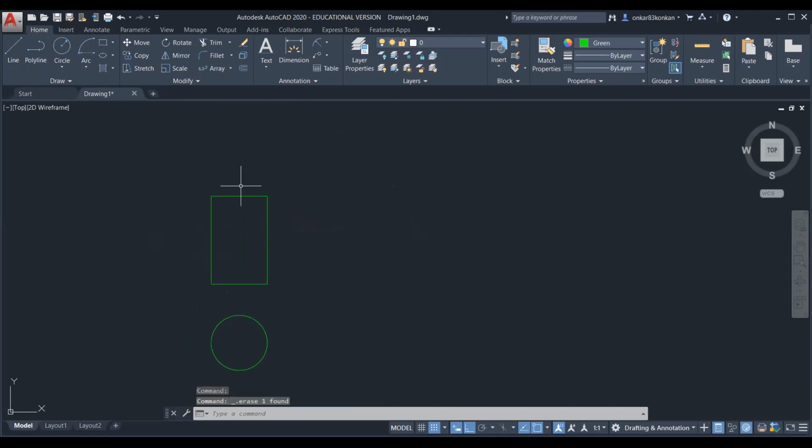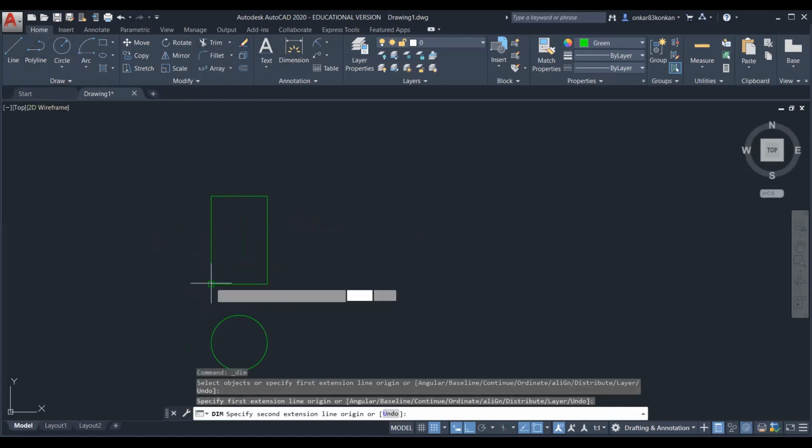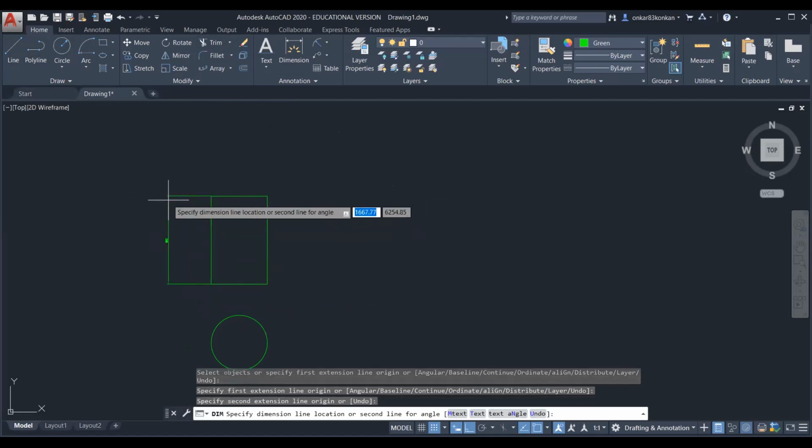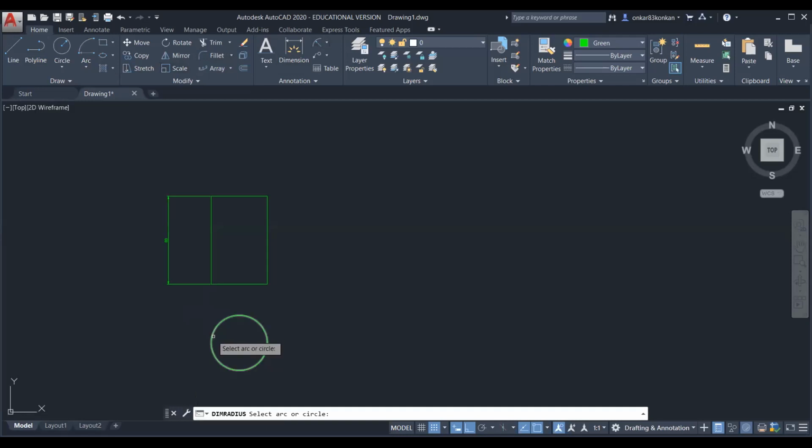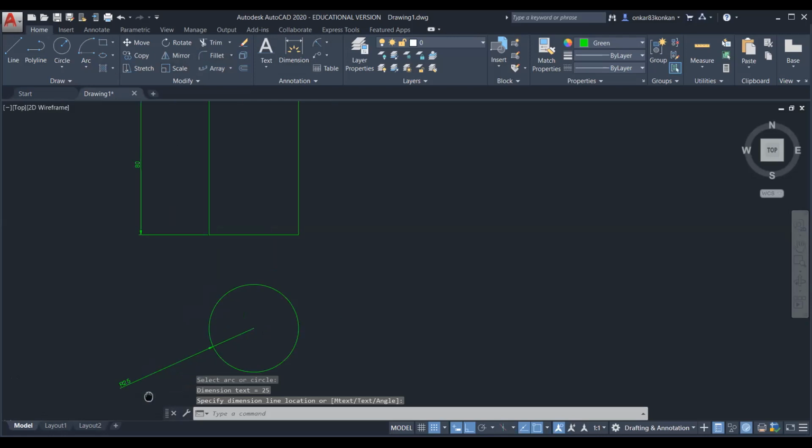In this way, draw the rectangle in the front view and the top view will be a circle. So this is 80 mm equal to the pitch, and this is 25 mm radius or 50 mm diameter.